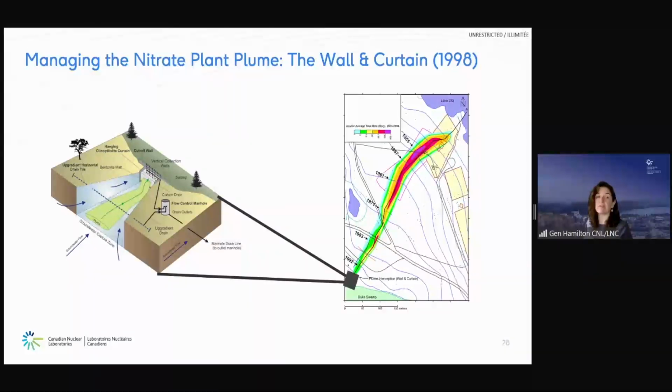Though I should mention that the figure shows the plume of contamination traveling towards the lower left of the figure, and the graphic of the wall and curtain is, if you can imagine, rotated from its installed position. So we're looking at it where the groundwater flow enters in. We see here there is a cutoff wall, which hydraulically separates the plume and the treatment from the down gradient swamp. The reactive curtain itself is a clinoptilolite,